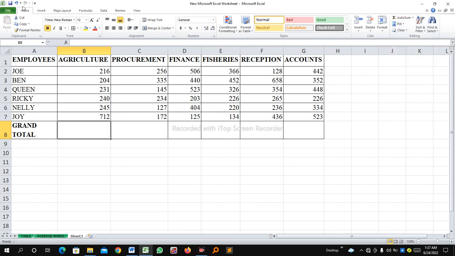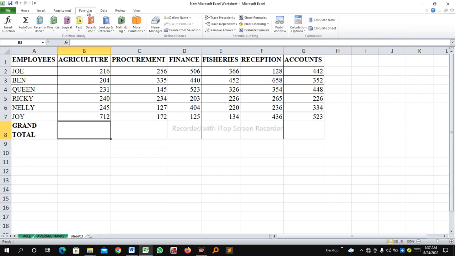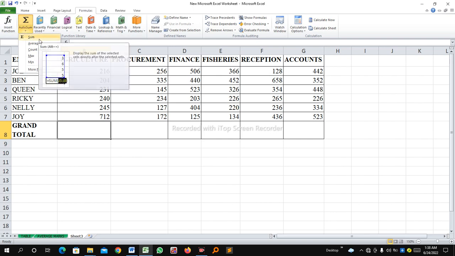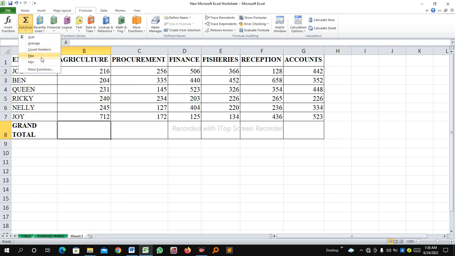Then the other way, you go to the Formulas tab, you click on it. Then on the ribbon for the Formulas tab, you will find this feature here, Autosum. There's an arrow pointing down. Click on it. It will show you sum, average, count numbers, the maximum, minimum, and you can also get more functions. But for now, we are only going to use the summation feature. So those are two ways. You can either use the Formulas tab, or you can just use the first one